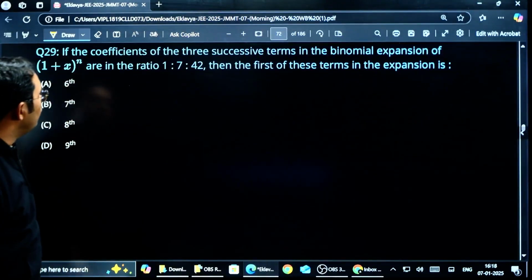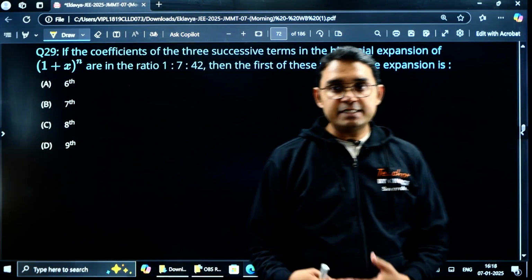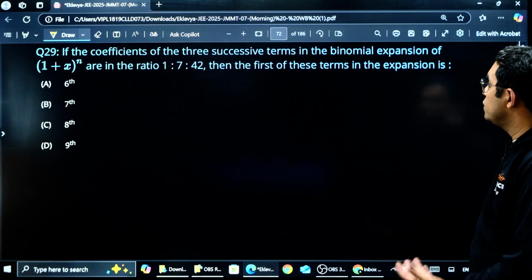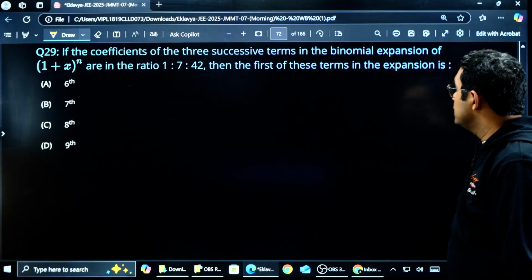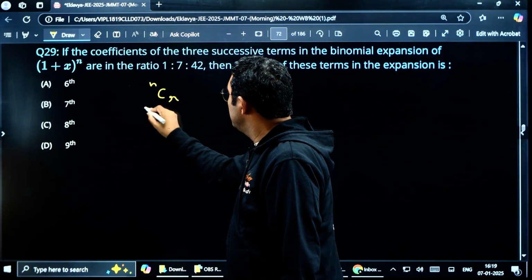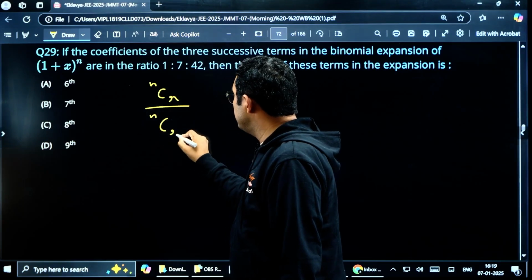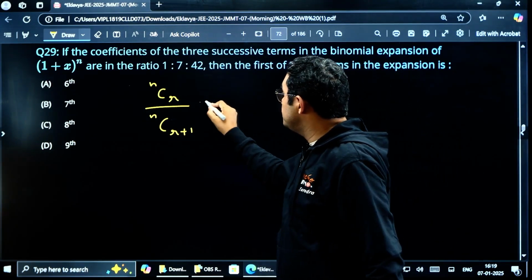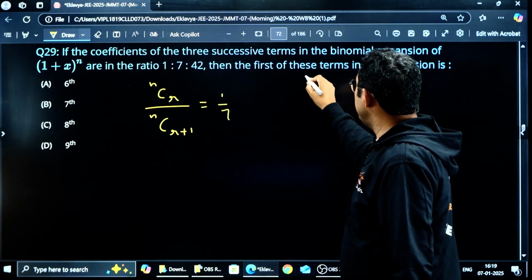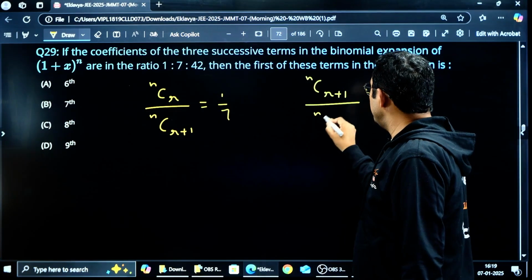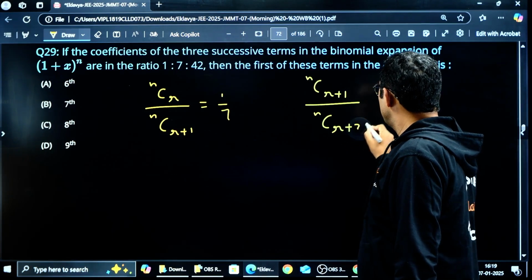29th question. If the coefficients of three successive terms of a binomial expansion are in the ratio 1:7:42, then find the first of these terms. Okay, now please see what I will do. I will take nCr to nCr+1, that is the first term of these three consecutive terms. This ratio is 1/7, and I will take nCr+1 upon nCr+2,